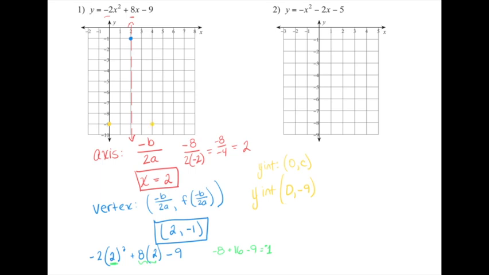Now let's use our logic. If my vertex is up there in the blue point, 2, negative 1, and my y-intercept is way down below it, it means this guy is going to be pointing down. Well, let's confirm that with our A. Is our A positive or negative? Our A is negative 2, right? And so if our A is negative, it should be pointing down. So that indicates that I've probably done this correctly. And so to actually sketch this graph, I'm going to connect these points. I'm just going to draw my parabola